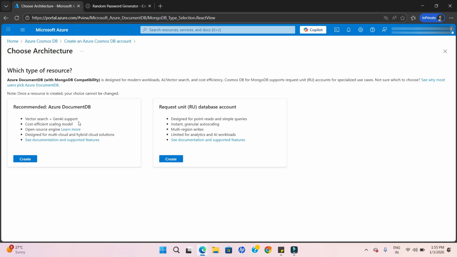and you will be shown two options to choose from. One is Azure Document DB and the other one is the Cosmos way of request units. So both have different use cases. This is mostly preferred by many people, and this is only for specific use cases where, if you want to consume the request units of Cosmos DB. And I will show you how to create both these resources in Azure Cosmos DB. So let's go one by one. So click on Document DB creation